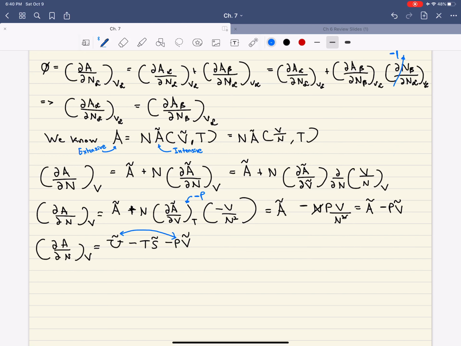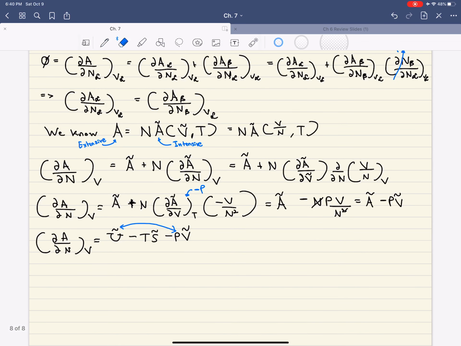Oh, whoops, I made a sign error here. Okay, so just to keep everyone on the same page, the negative sign from this cancels out with the negative sign from that. Ah, that makes more sense. Okay, in any case, so what we now know is we have U plus PV, and U plus PV is enthalpy. Okay, so what we have now is H squiggly minus TS,